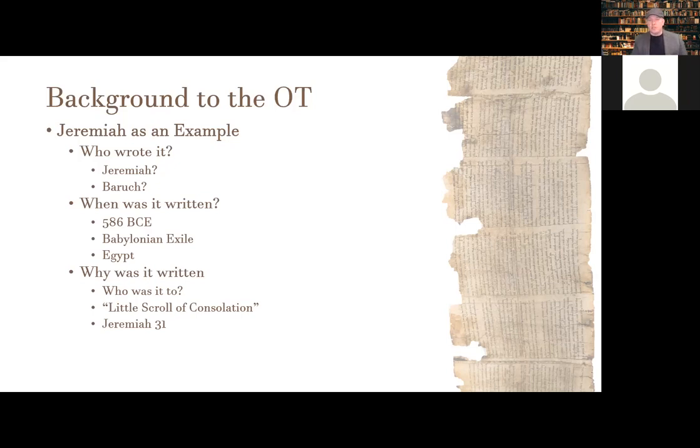So when it promises this new covenant, when it says that I will bring back the people that I have sent to exile, I will bring them back to Israel, and I will make a new covenant with them, and I will restore what was lost. I will make this covenant that can't be broken like the one that their ancestors broke. That meant something to them then. When it says that I will place the law in their hearts, it meant something to them then. And that has to color the context of how we view the new